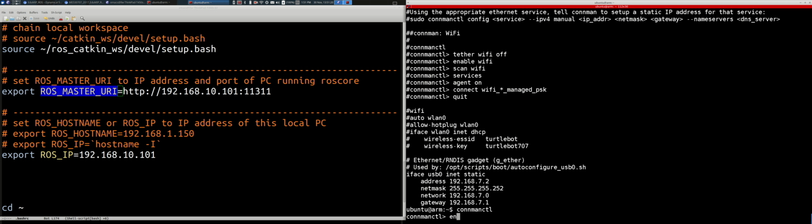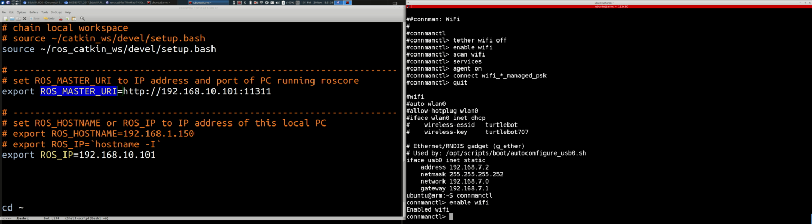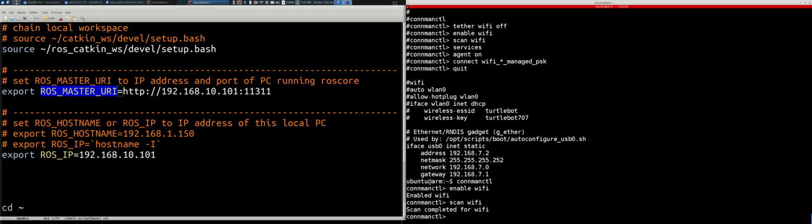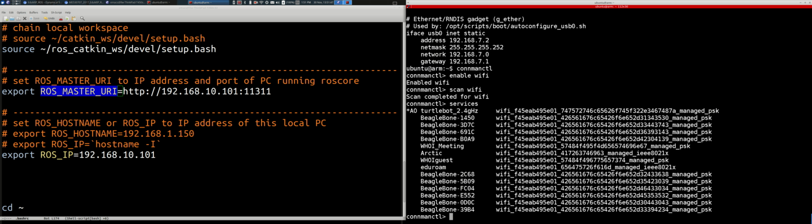And you can type help and see there's a whole bunch of messages here, commands that you can do. So I can skip over Tether Wi-Fi off because I did modify the configuration file so that it's always on, that it's not on Tether. So enable Wi-Fi, scan Wi-Fi, scans the available networks, tells you when it's done, services, and these are all the Wi-Fi access points that are available. And when you want to connect to one,